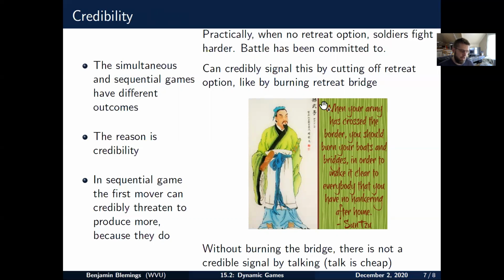And so when your army has crossed the border, you should burn your boats and bridges to make sure that everyone knows we're going to do this. We ain't going home until the job is done, kind of thing. And so I think this is a really useful